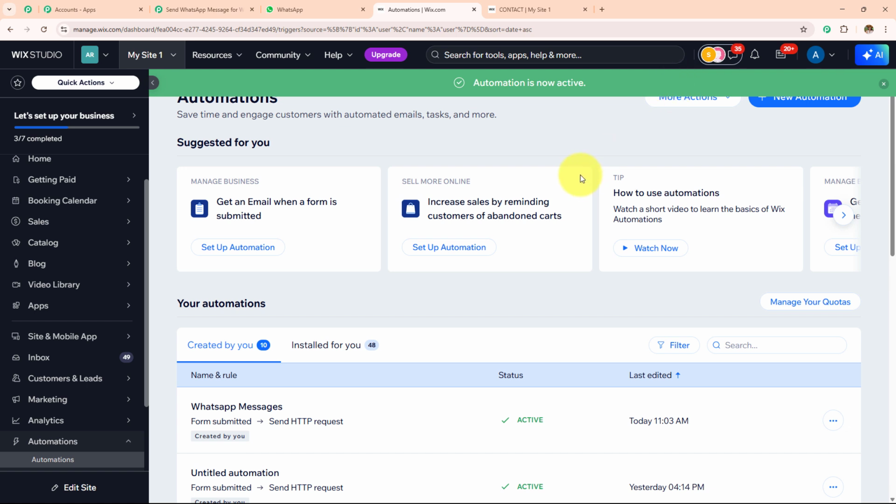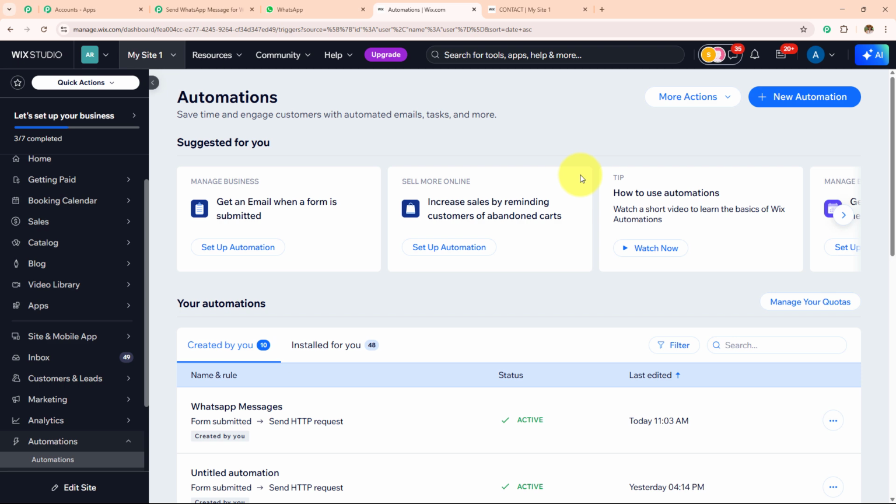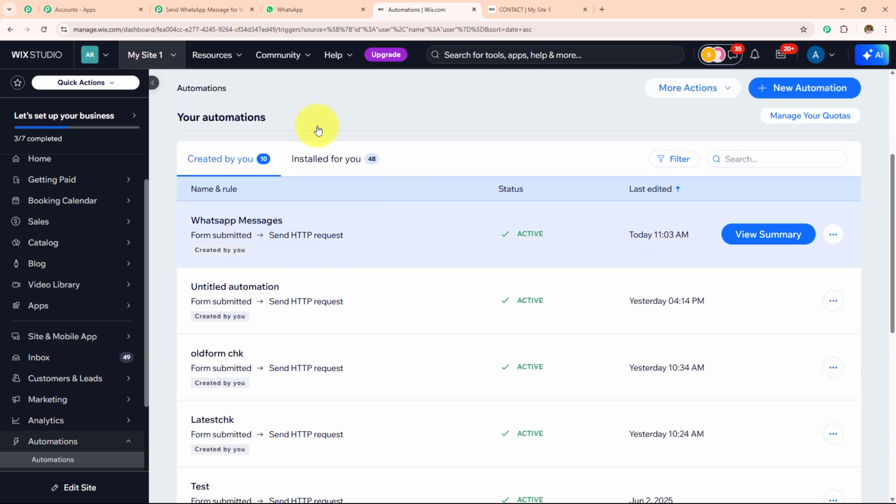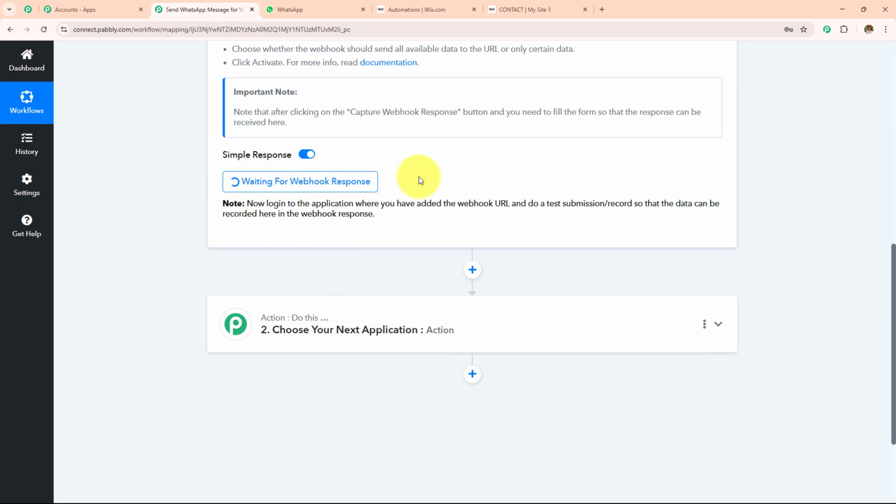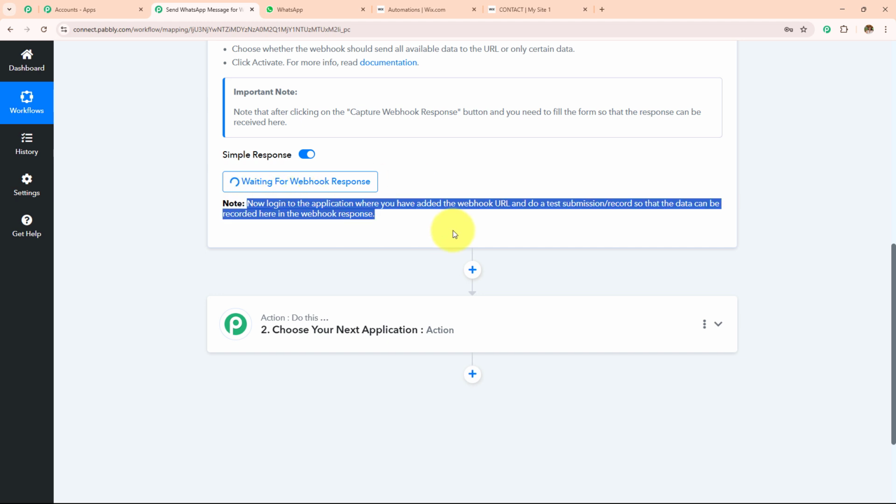Now I have successfully added the webhook URL which I was provided in my Pabbly Connect workflow here in my Wix. And if I go back to Pabbly Connect, I can see this waiting for the webhook response, and under this it is written, now log into the application where you have added this webhook URL and do test submission so that the data can be recorded here in the webhook response. Now this means, so as to get the webhook response over here, I need to do a test submission,